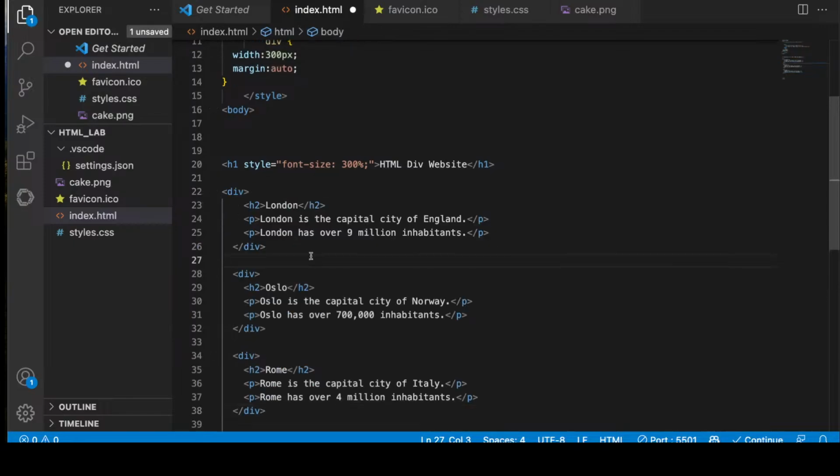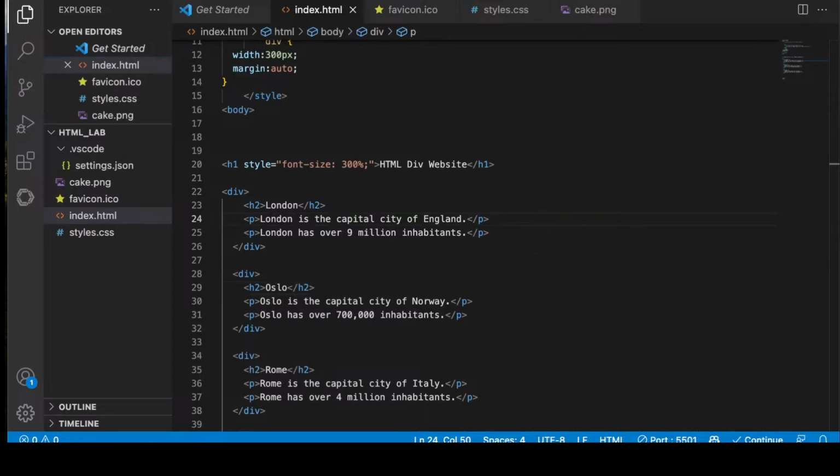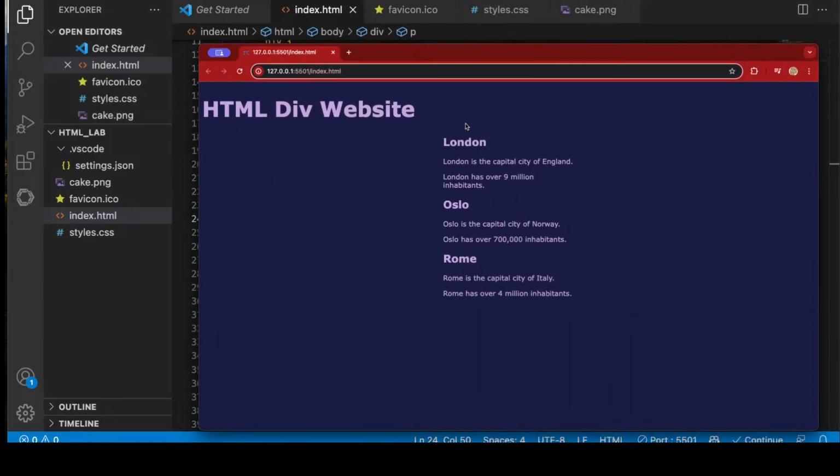So here we have different cities in Europe. And again, since we still have the special styling setting the margin to auto, we have all of these centered here with each city. So that's how that looks